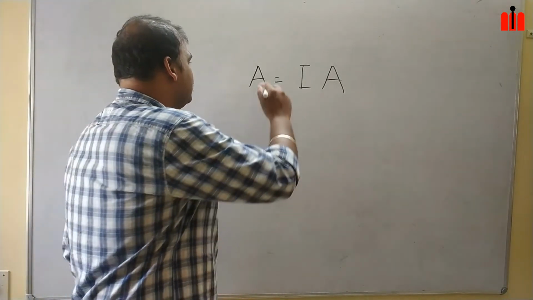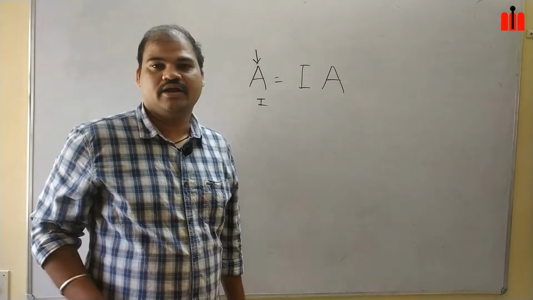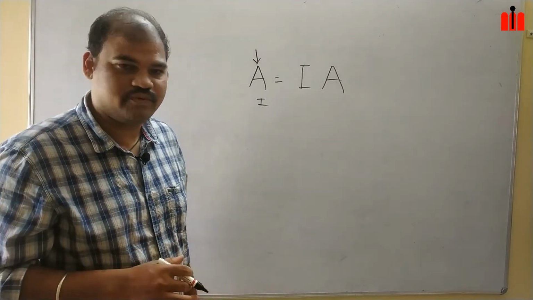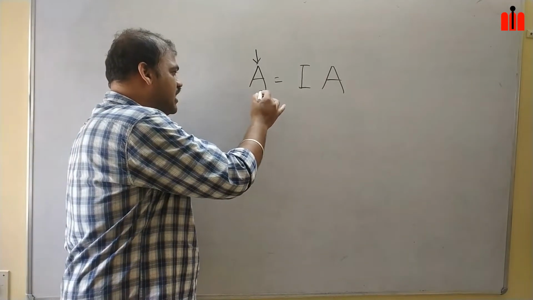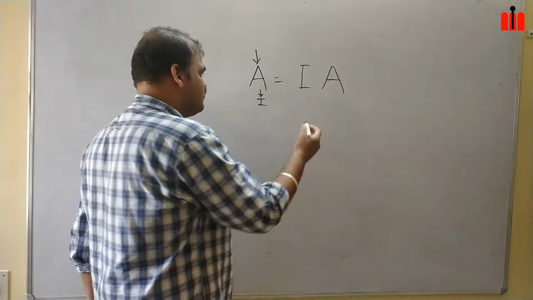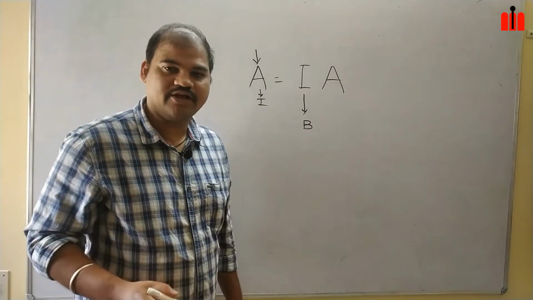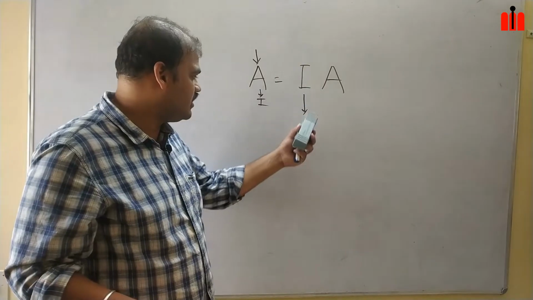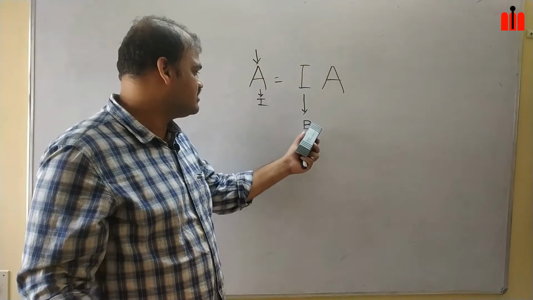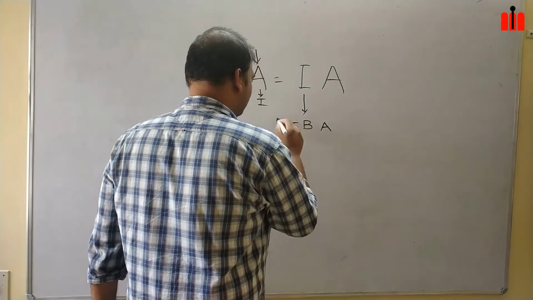Now what we will do is we will get this A as an identity matrix by performing elementary operations, either row operations or column operations, and we will transform this A into the identity matrix. While transforming, this I will become some other matrix B. Once this matrix becomes B, then it will be B into A equal to I.